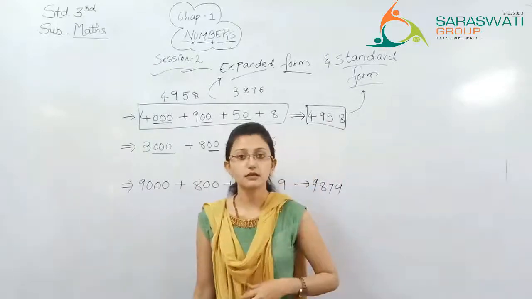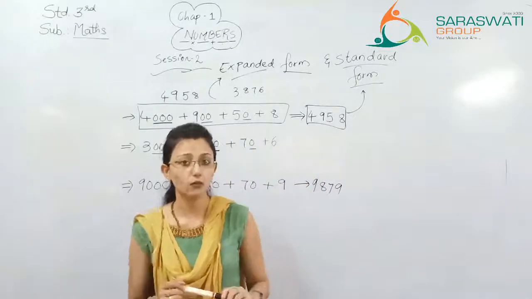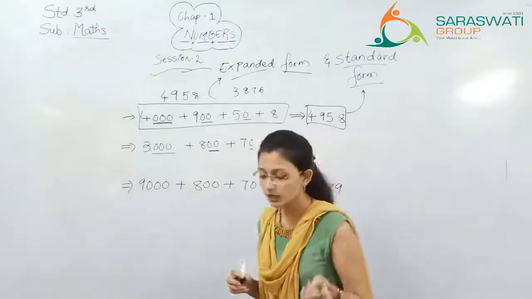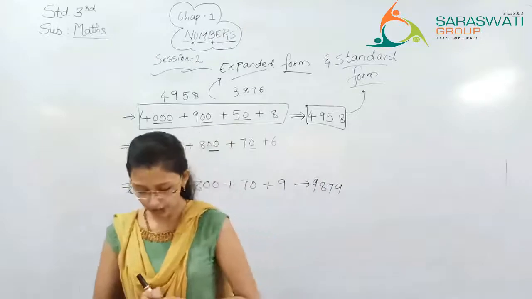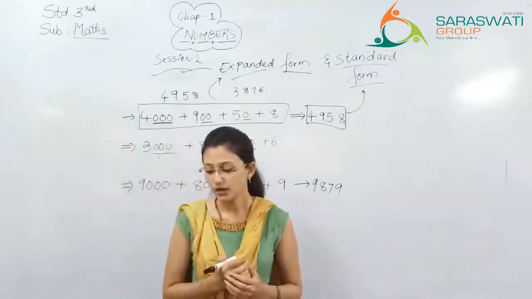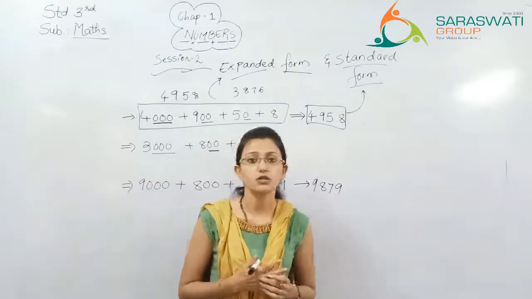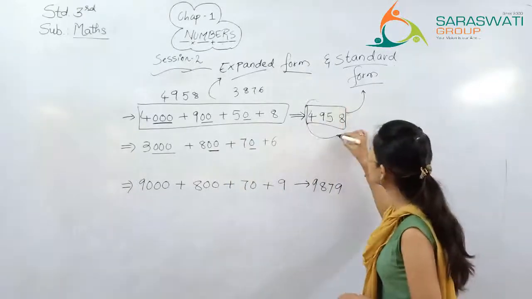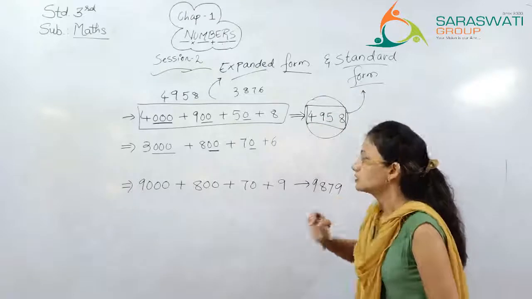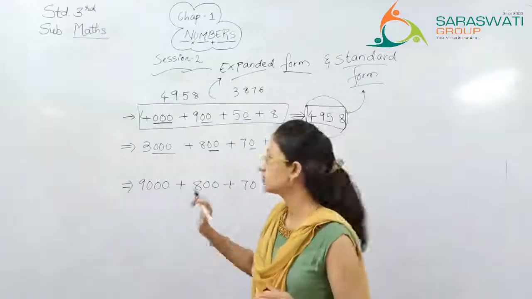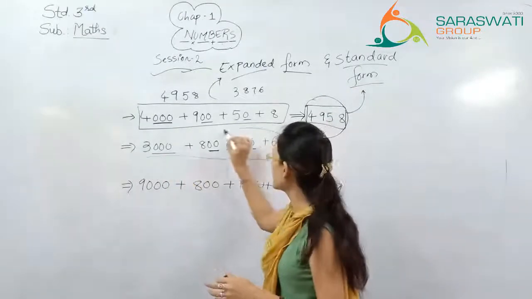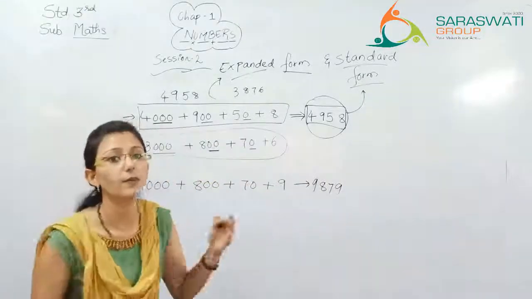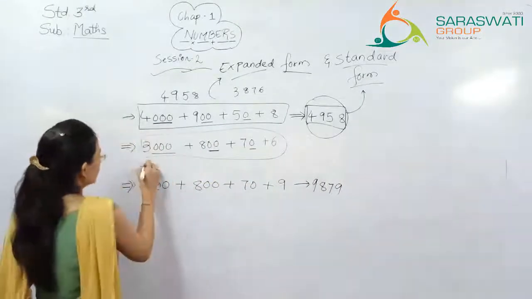So in the textbook, exercise number 1.2, question number 1 is write the following numbers in expanded form and write the number names. So in the first question, you are given the standard forms like this. What you have to do is write the expanded forms and then write the number name of a particular word, just like